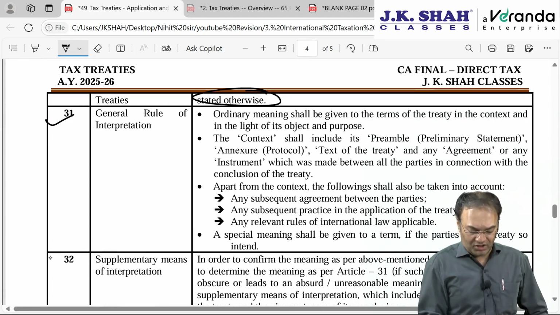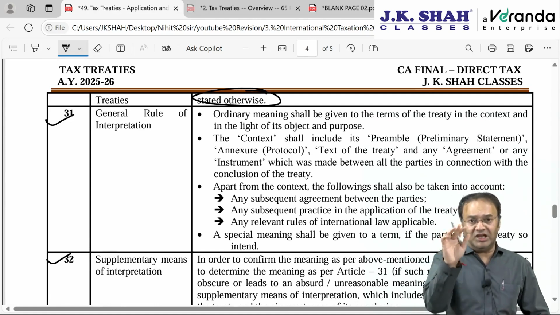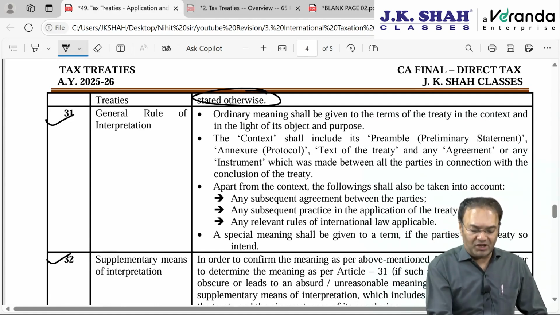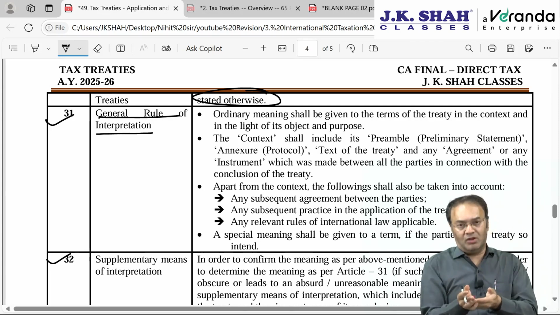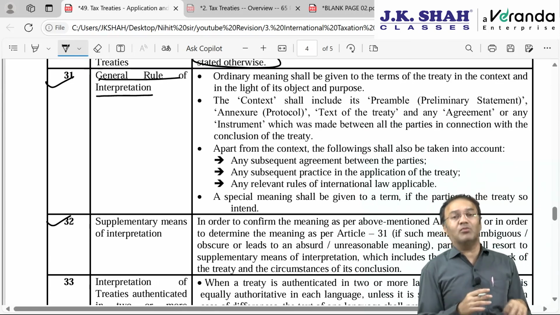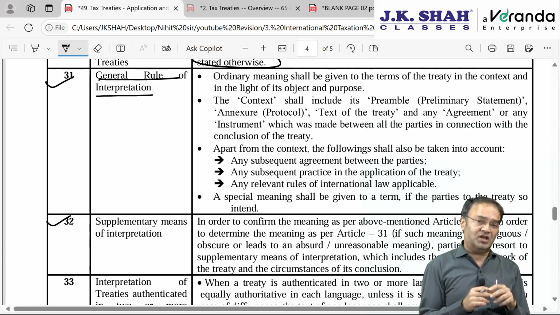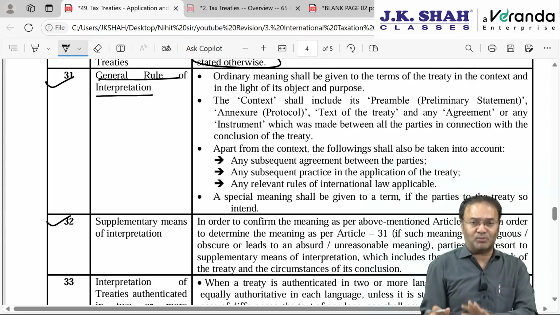Articles 31 and 32 talk about interpretation. Whatever we discussed up till now in the 8 basic rules is given in Article 31, the general rule for interpretation. The general rule means the 8 rules we discussed. The same thing is reproduced in the VCLT. Some of you might think, then what is the use of the VCLT? The answer: the VCLT gives a confirmation that this rule is recognized, and this is what is supposed to be done.